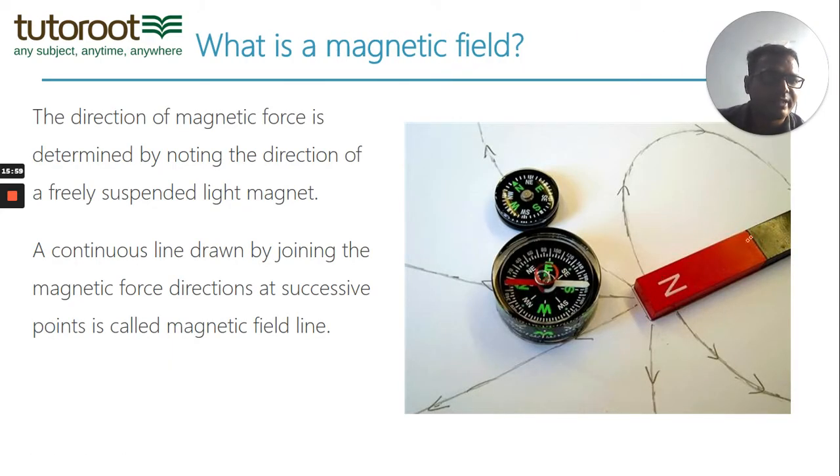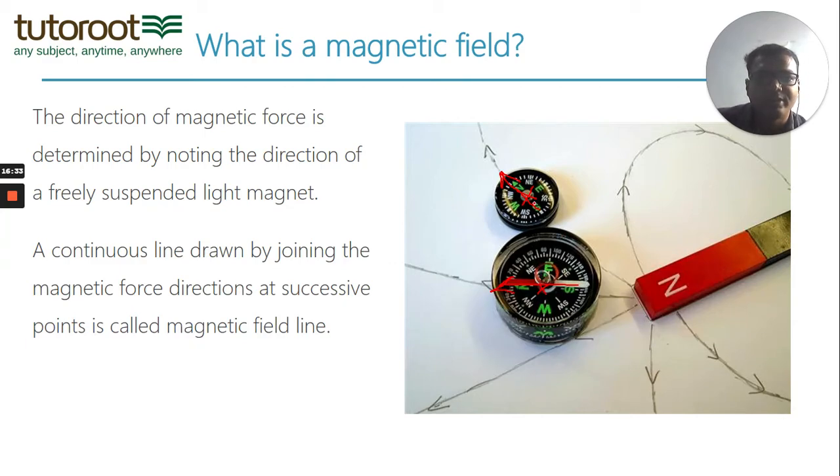In this, there is a bar magnet here, the north pole is seen here. Now they have put a compass right at this point. Now at that point, you see that the compass needle is pointing in this direction. That means at that point, the direction of the magnetic force is also in this direction. Similarly, when they have kept the compass here, you see that the north is pointing towards this direction, and hence we conclude that the magnetic force at that point is also in the same direction.